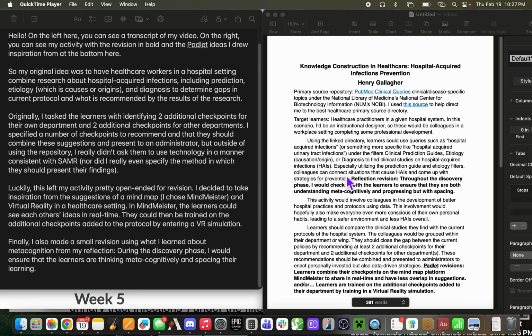So my original idea was to have healthcare workers in a hospital setting combine research about hospital-acquired infections, including prediction, etiology, which is causes or origins, and diagnosis, to determine gaps in current protocol and what is recommended by the results of the research. Originally, I tasked the learners with identifying 2 additional checkpoints for their own department and 2